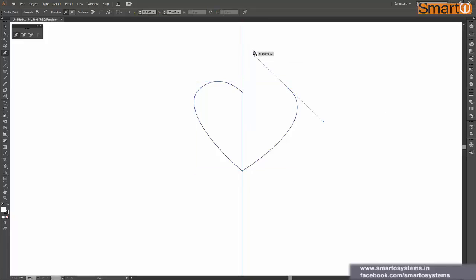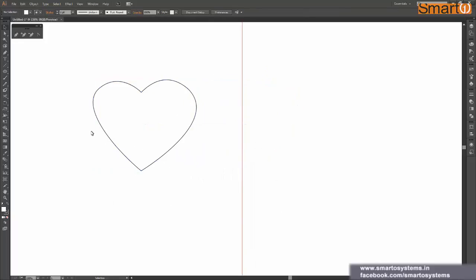Like we have learned, I can press the Alt key and just click and drag over here to adjust it like this. So that we make this tangent a little smaller, and now we can adjust this like that. Okay, so this looks much better compared to our first design. Although it's not very symmetrical, both left and right parts look different. So again, we can select our direct selection tool and make minor adjustments in the shape or in the tangents as well.